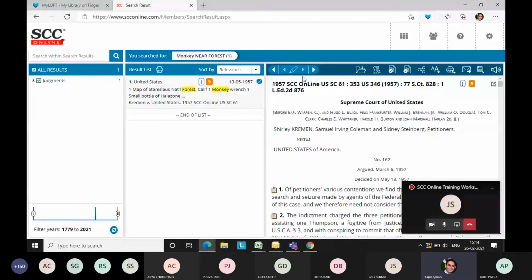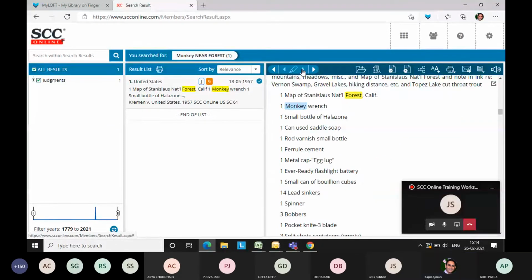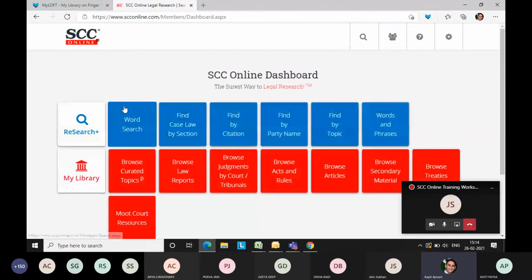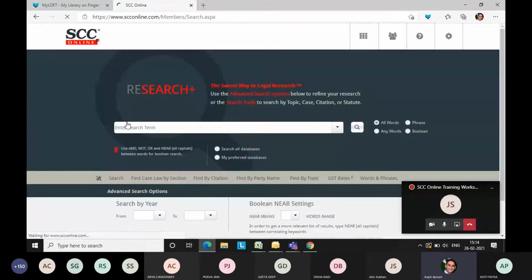When you are doing a search, here is a highlighting point, which shows whatever next word you were searching for. It is suggesting to click here and go to the next highlight. Forest, monkey, such kinds of combinations might be coming to you. On the left hand side, we have just one judgment, but there may be other results which you will also be getting. Once you click on the highlight, it will be convenient for you to have that particular phrase which you are looking for.